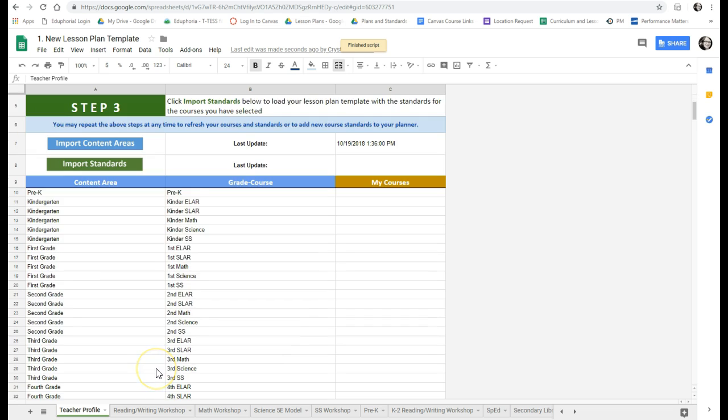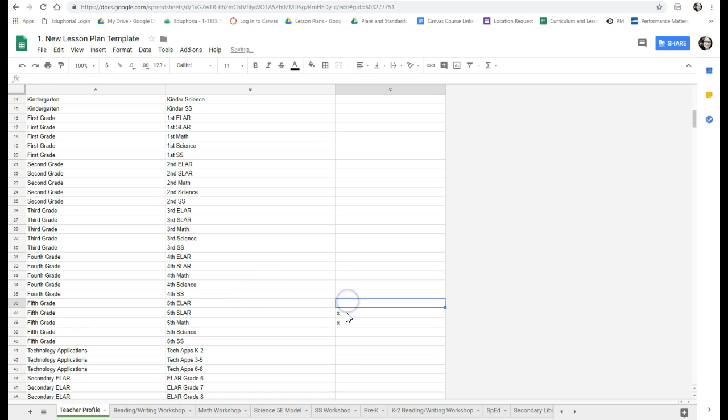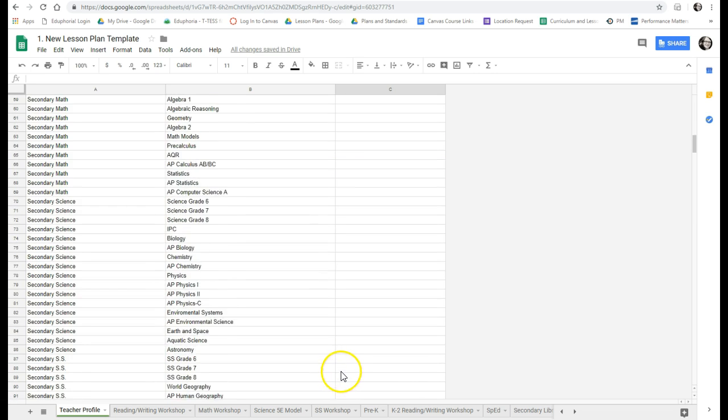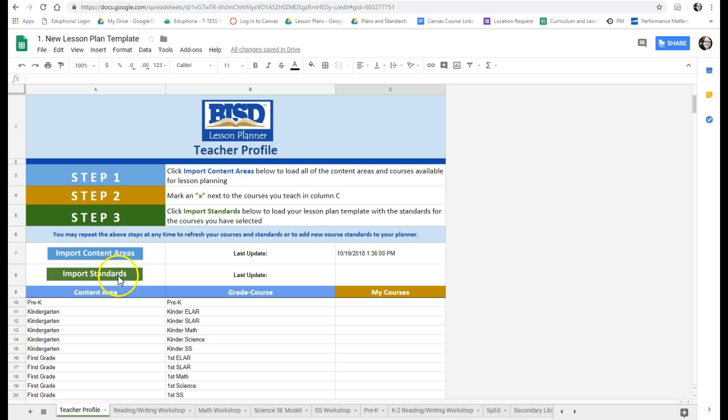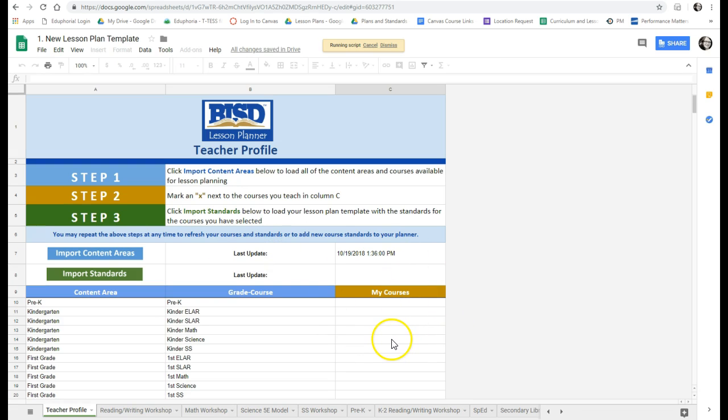So now I'll think about what standards do I actually need. For this, I'll pretend that I am a 5th grade math teacher. So maybe that's all that I need. But I could put an X next to any set of standards that I need. I'm going to go ahead and just select everything in 5th grade so you can really see how it works. So anything I put an X next to, when I click Import Standards and OK, it will bring those standards